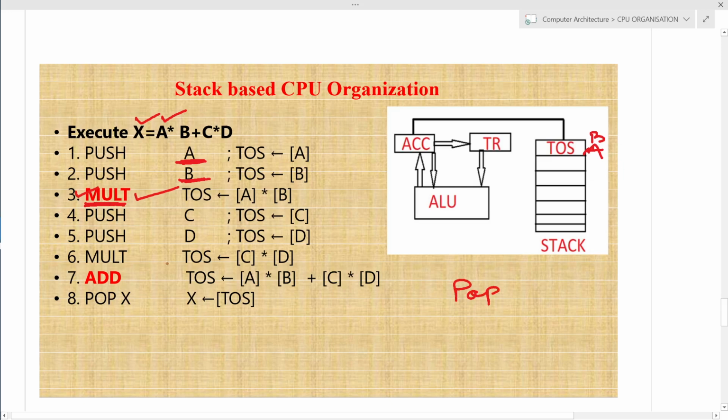The internal meaning of this multiplication is that, in this given example, it takes B, which is my second operand. Then it takes the first operand.